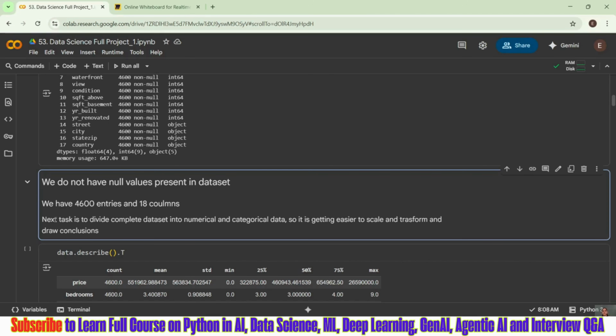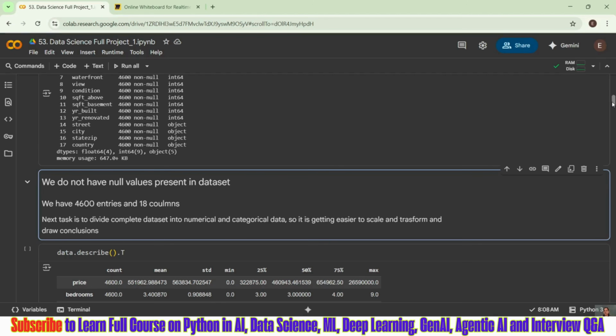Next, what do we have to do? We have to divide our data sets based on numerical or categorical, right? Because we have to apply our feature engineering, right? Feature engineering means what? We have to apply our encoding technique, our transforming technique, our scaling technique, right? So wherever you need any feature transformation, like if you want to combine features, or if you want to drop features, you can do it in that step.